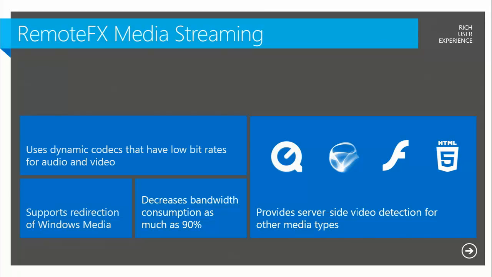So we actually do that now. If we determine that the endpoint is capable of doing the video decoding and playback, we let the endpoint do it. We don't decompress and render that on the server. We just redirect that stream to the endpoint and let the endpoint do it. And things like Windows Media files, we just redirect automatically. If you've got other formats, you've got QuickTime, you've got Flash video, we'll actually transcode that on the server. We'll take that video playback on the server, encode it in our MPEG codec, H.264 codec, and push that down and let the endpoint do the decoding. So again, you get very high fidelity playback. Some of the other things that we do now,